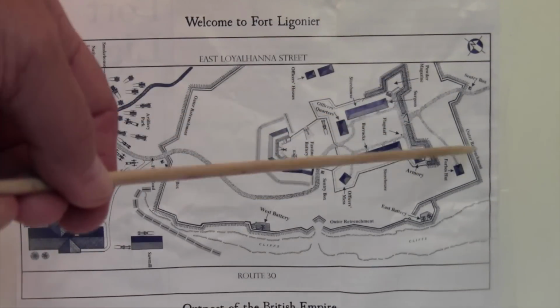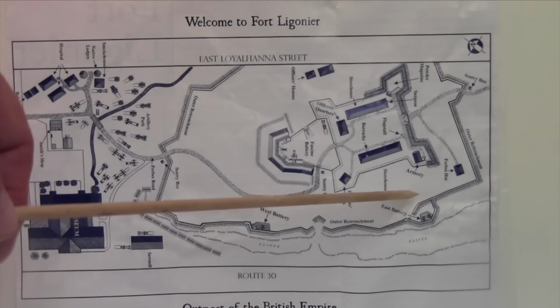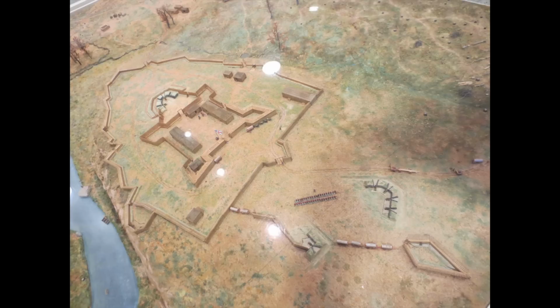Then once again we'll be at the outer retrenchment. We'll go over to Forbes' hut. We'll visit the East Battery, and that'll basically wrap up the trip. My son Rob was joining me on this trip, and we're going to start off now with the Visitor Center. The museum features a couple of overview models and maps of the fort like this,